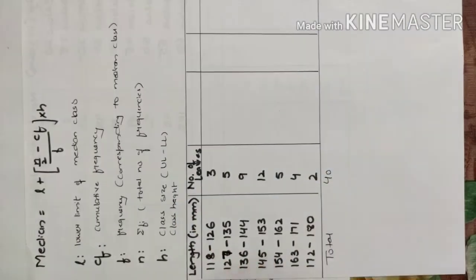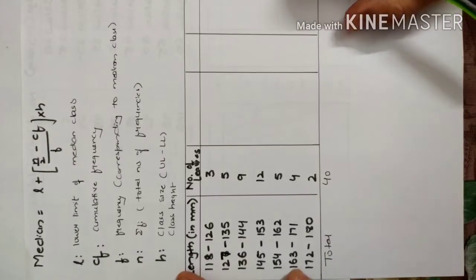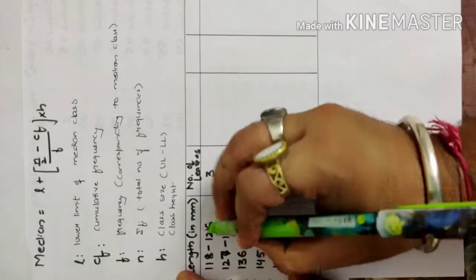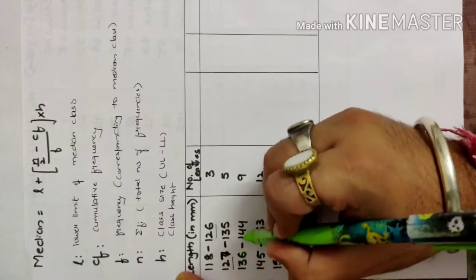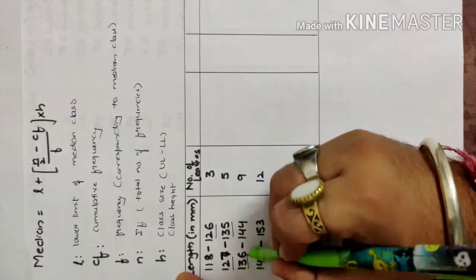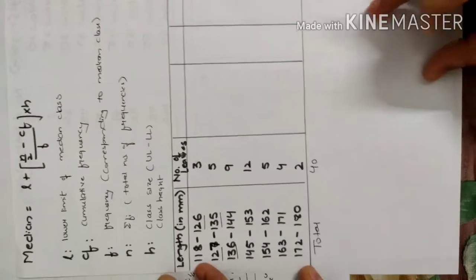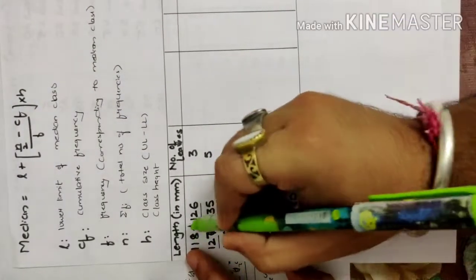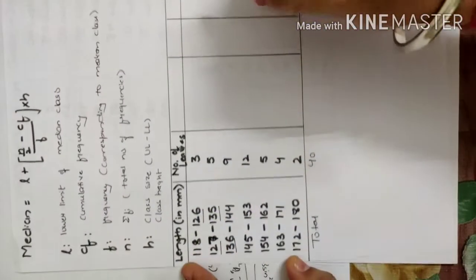just the same thing. So right now we are to compute the median for the following group data, but before we can proceed, the very first thing we need to pay attention to is that the data given here is not continuous, as the upper limit is 126, next lower limit is 127, upper limit is 135, next lower limit is 136. So we need to make this data continuous. So how can we do this? Over the lower limit you are to subtract 0.5 and over the upper limit you are to add 0.5.